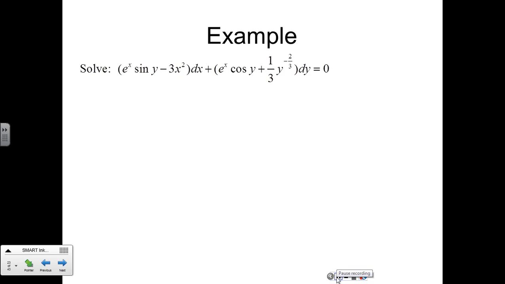First time I test you on this, I'm going to say this is an exact equation. Okay? I'm not going to make you do the test. I'm just going to tell you this is an exact equation. As we progress, I would expect you to be able to, just by looking at it, know that's what the process is going to be. But right now, I'm going to tell you that it's an exact. So if I were to integrate this first part right here,